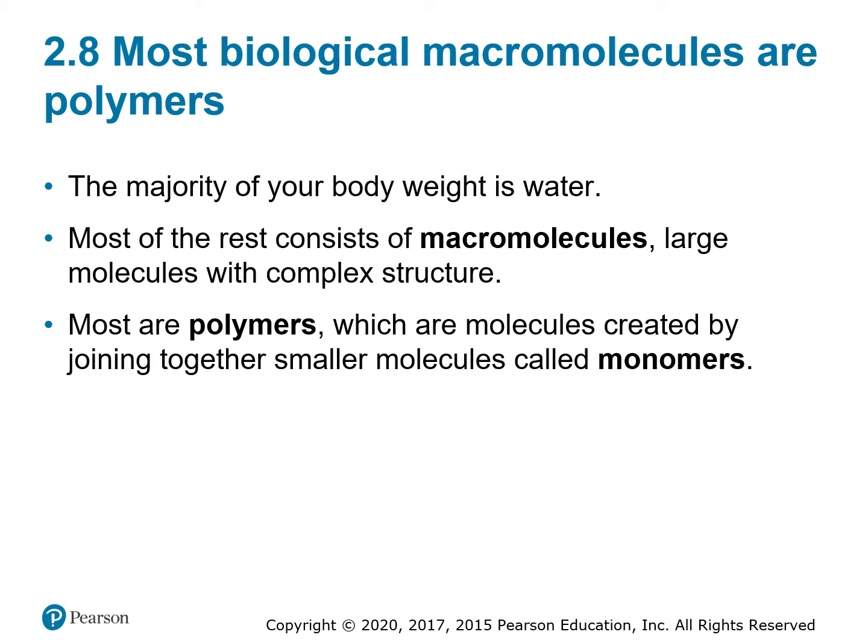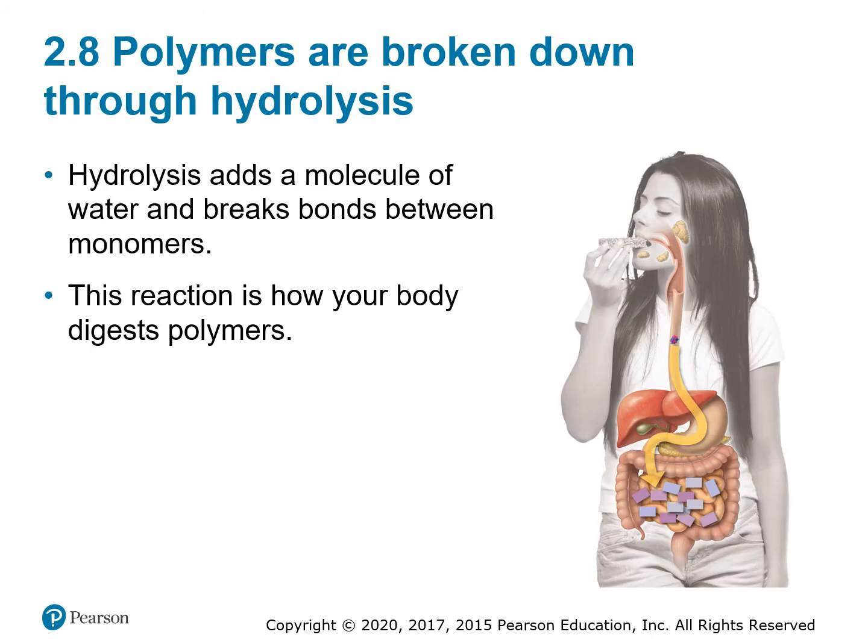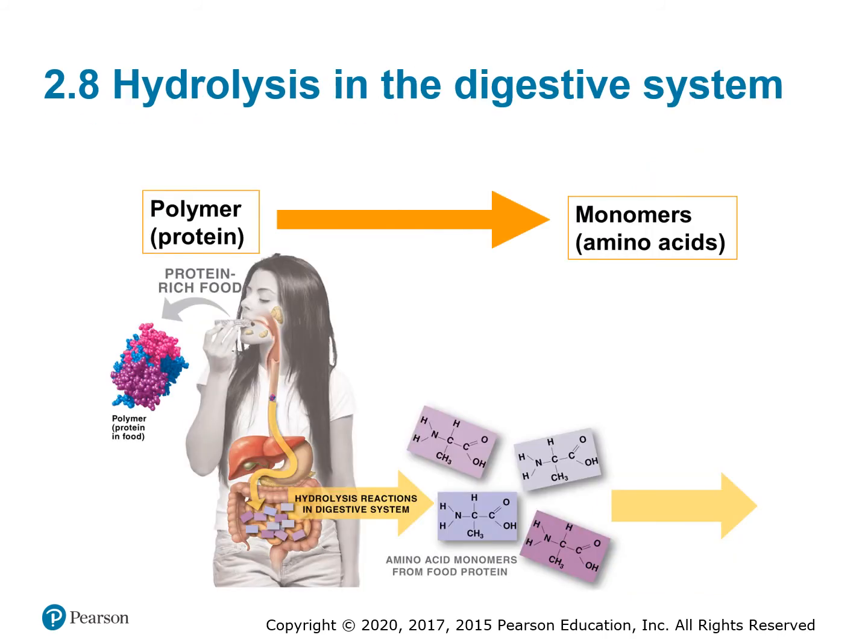And so when we get these molecules like food, we call these polymers or macromolecules because they're many smaller molecules joined together. And so what your body is doing is this process we call hydrolysis, where a macromolecule or a big polymer is broken down into smaller components, or monomers. So for example, a protein that you ingest, if you're eating a hamburger, will go through your process of digestion and be broken down into monomers, or amino acids,